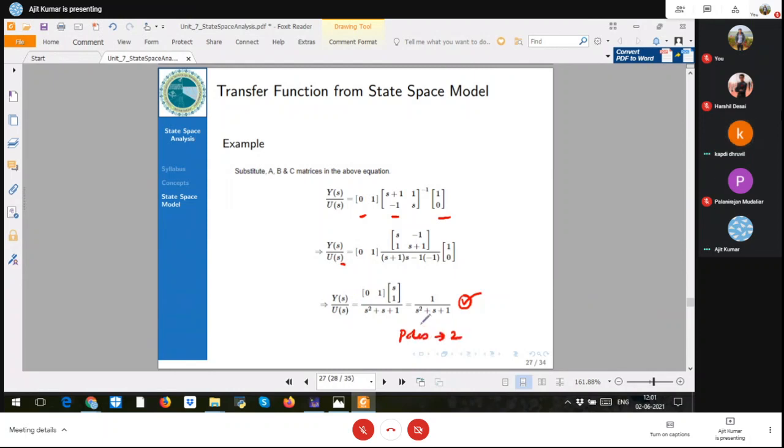None. Good. So we don't have any zeros, because for zeros, we equate the polynomial to zero and the corresponding roots are your zeros. Since it's a constant, in this transfer function we don't have any zero. This is a second order equation. If you equate it with zero, you will find the values of s. Two values you will get, and those two values, or roots of this equation, represent the poles of the system. So your poles will be 2, right? So very good.